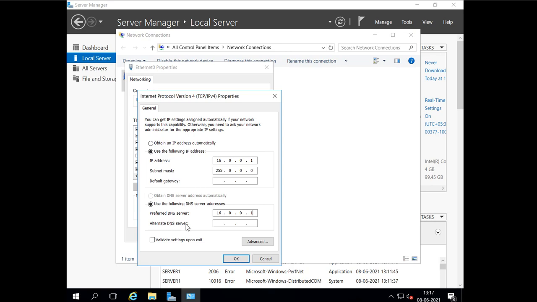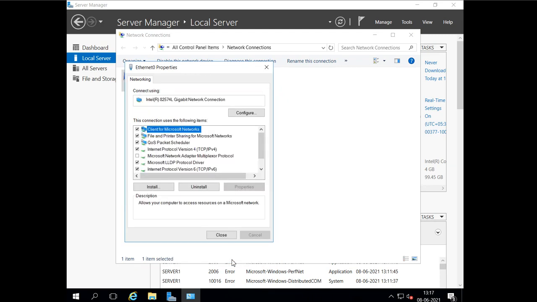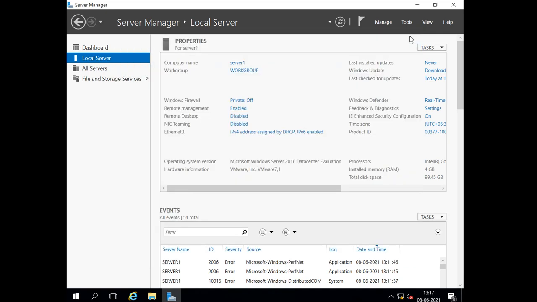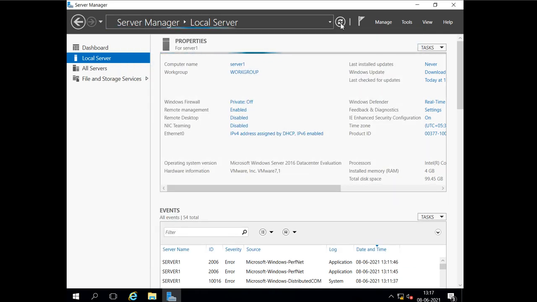Then we will press OK. We don't have any other DNS server or gateway, so I'm giving only the IP address and OK and close. It is not showing here, so again I will refresh it, and this is the IPv4 configured.